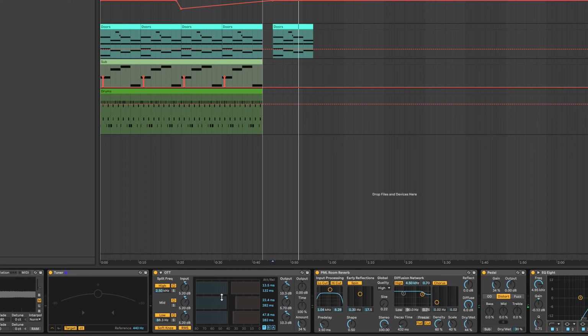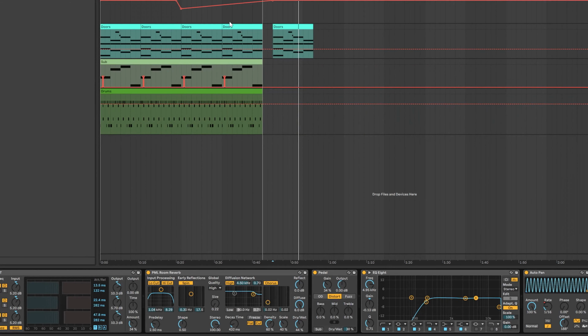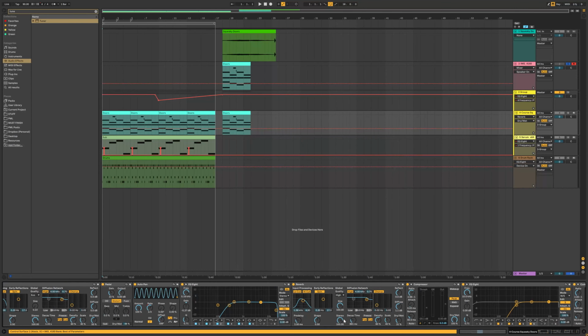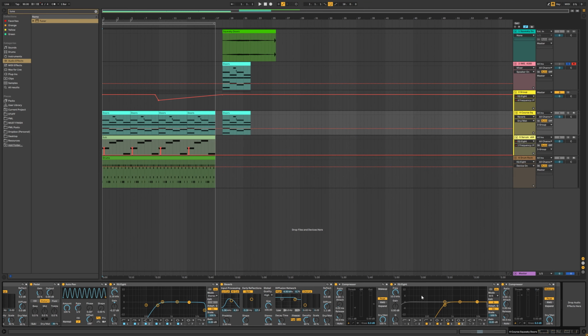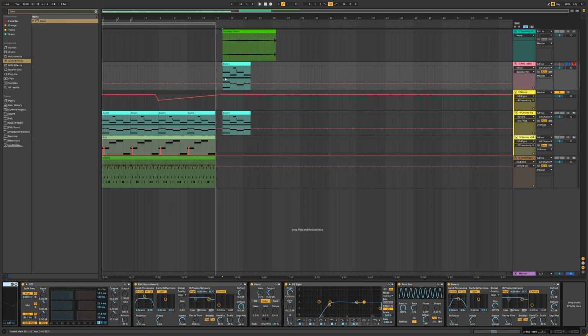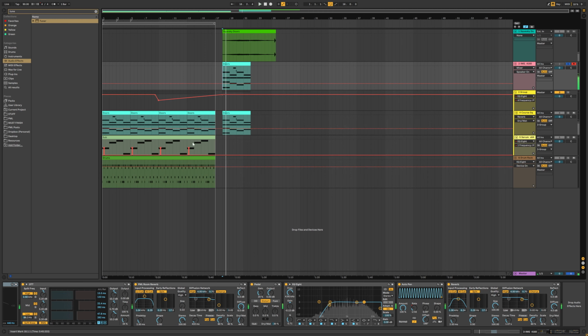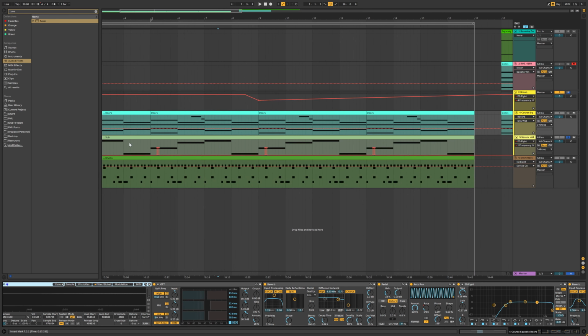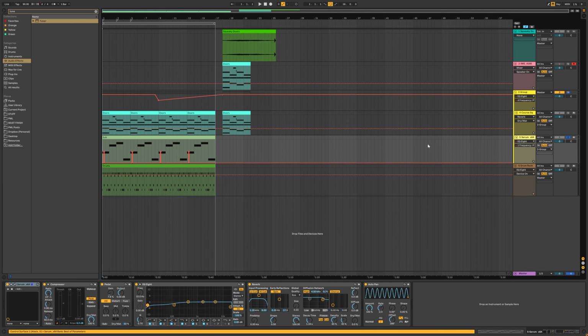Okay, so let's leave it like this, and we are actually pretty much done here. If you look at the original one, it's pretty much some mid-side EQing and compression, which didn't do too much, so let's leave it like this. And then what I did is just add a sub bass, which was working in the same autopan as the doors sample, which has to be done always.